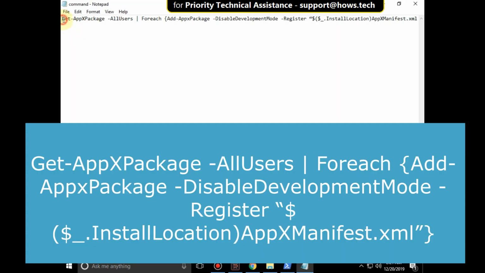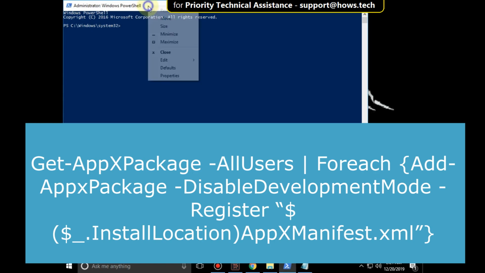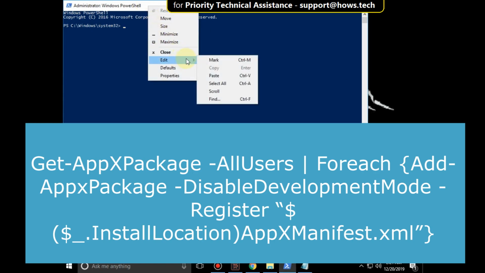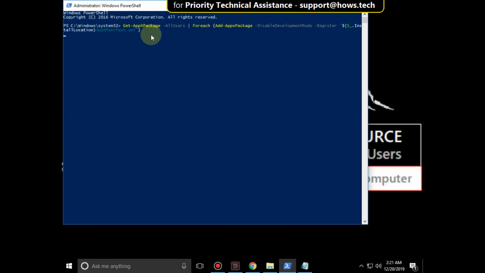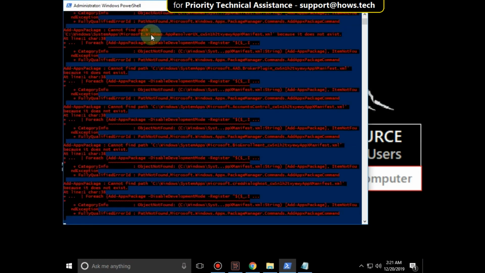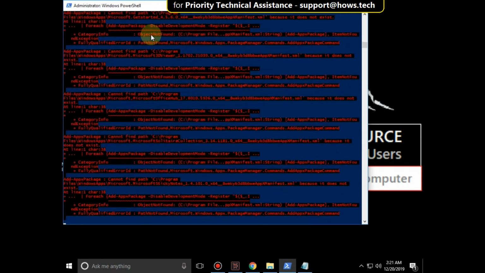Type this command, otherwise you will get this command in the description. Copy it, then right click here, go to Edit and click on Paste and then hit Enter. Wait for some time. Once the process is complete,